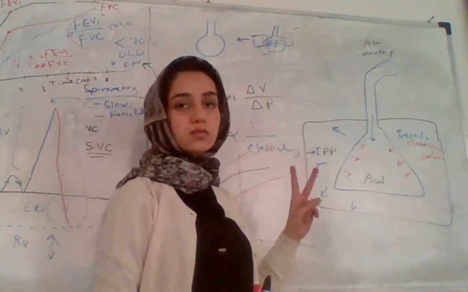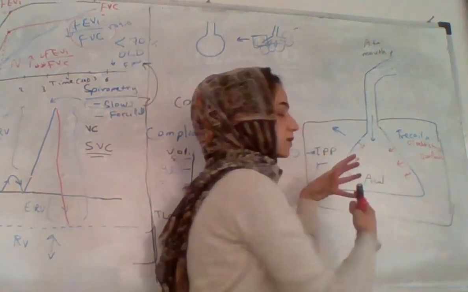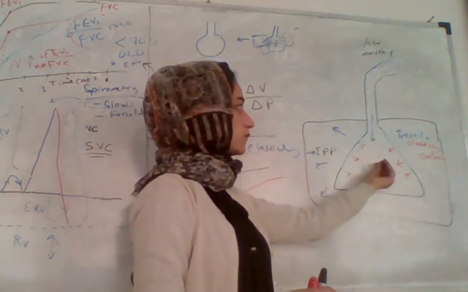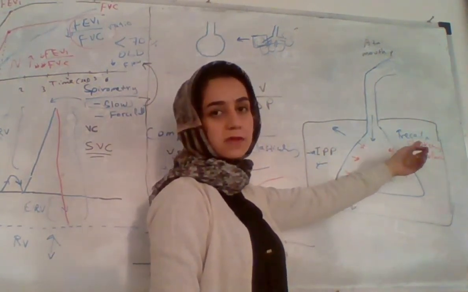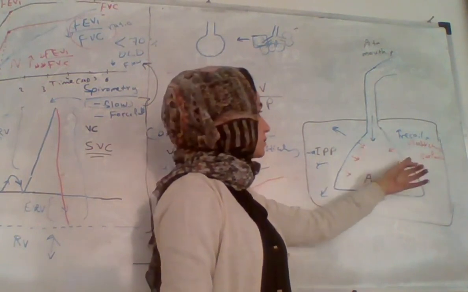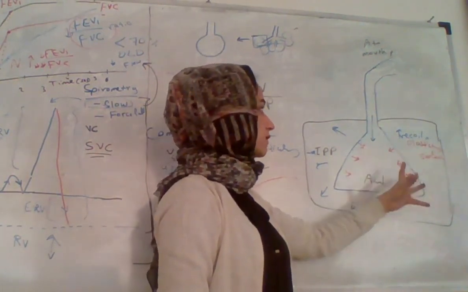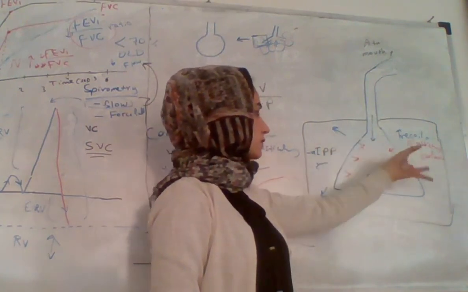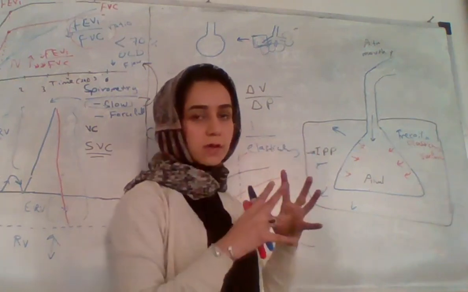Of course, two forces are very important. One of them is recoil force. The recoil force is the recoil force of the lung. That's by what? By the elasticity of the lung, the presence of the elastic fibers, and the surface tension, of course, surface tension of the alveoli. So this is by the tissue of the lung mostly. And another force,